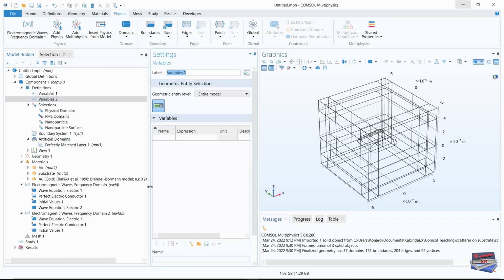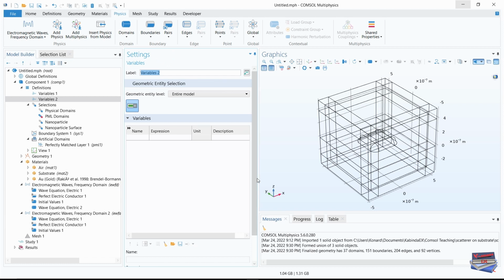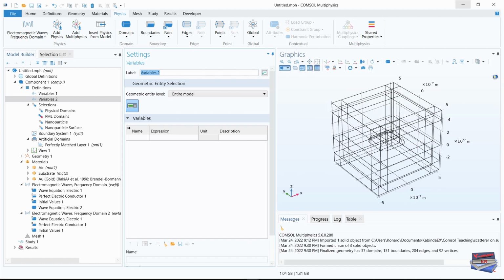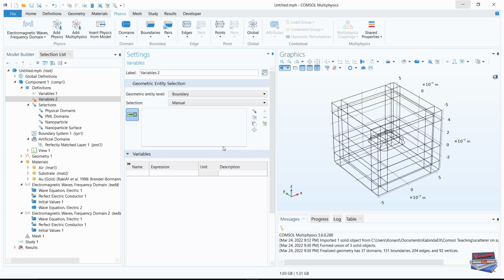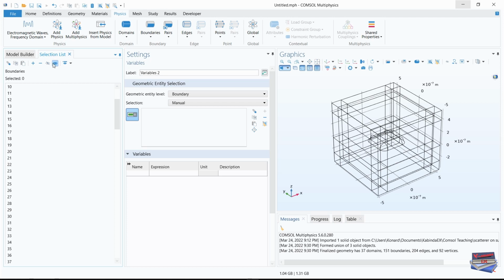Okay, so now I can just make my pane in here a little bit bigger, and let's go down to geometric entity level, and let's choose boundary, and let's go to our selection list and select 62 and 68. So scroll down, 62 and 68, and add,